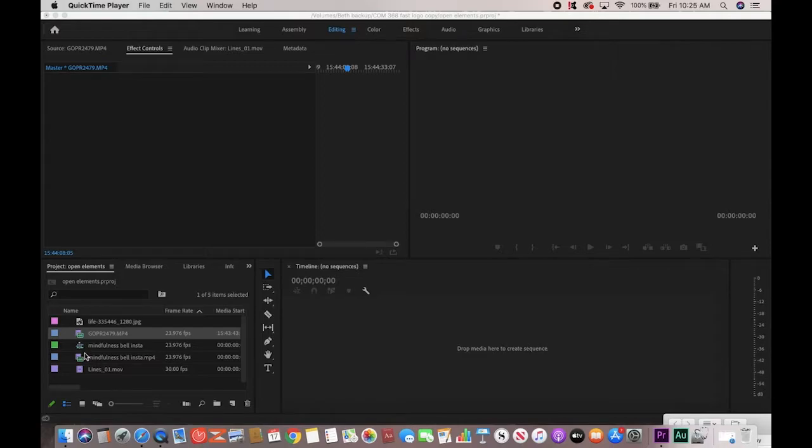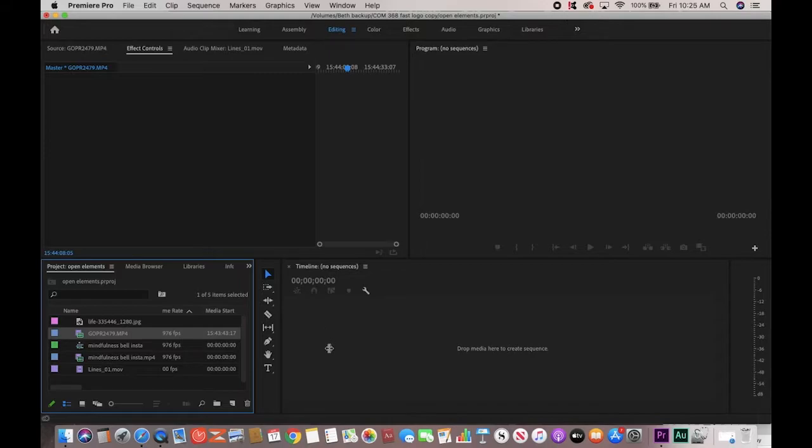So I'm going to first take my little mindfulness bell, and where is that sequence anyway? Oh, there it is. So I'm going to create a sequence based on the